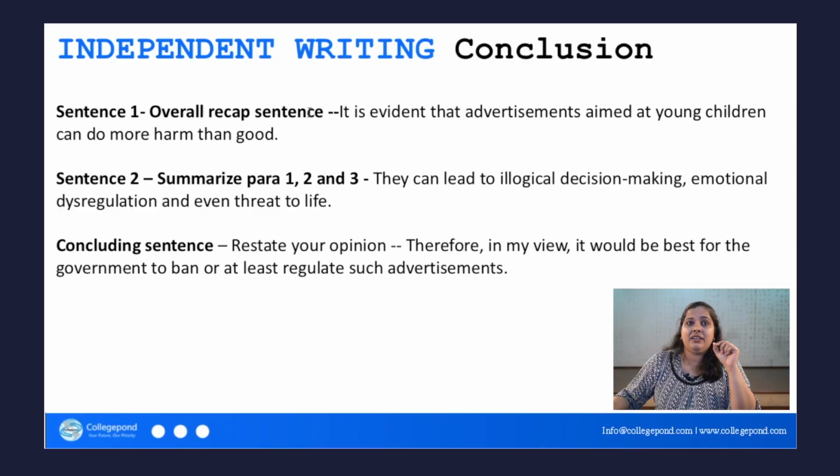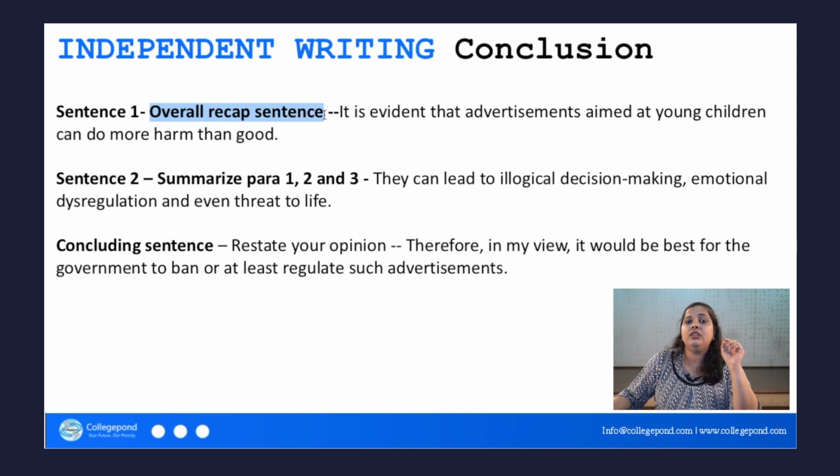Now let's come to finally understand how to write a good conclusion. A lot of students would find this quite boring because I'm going to give you a very simple cookie-cutter method. But that's good news when you're in an examination situation where you don't have a lot of time, right? When you're writing a conclusion, look at a proper structure like sentence 1, sentence 2 and concluding sentence. If you know exactly what you're going to write in each of them, that's going to be very helpful to you. Look at sentence 1.